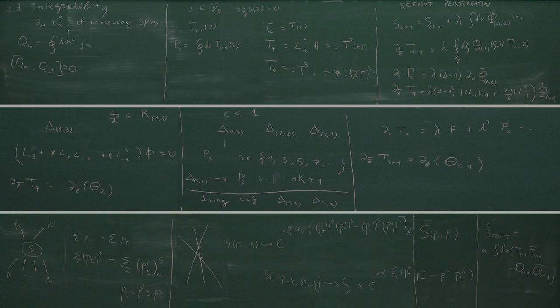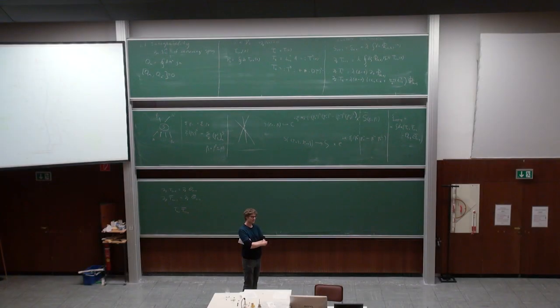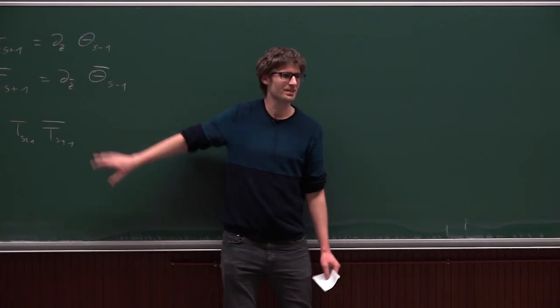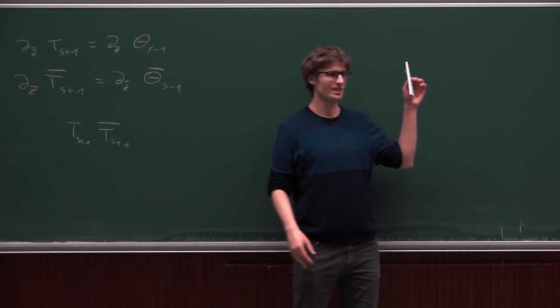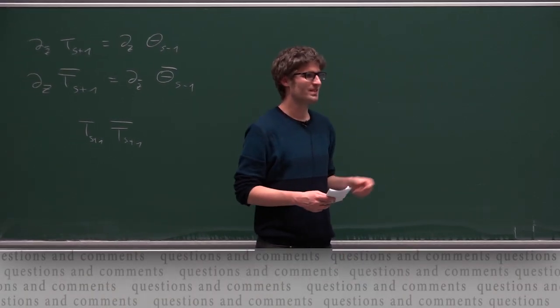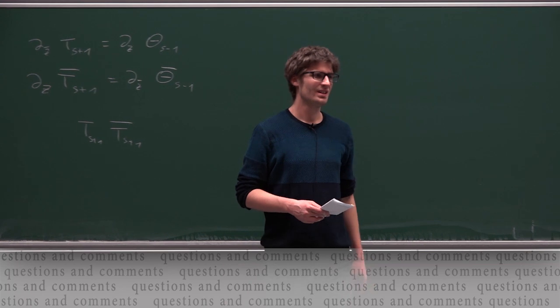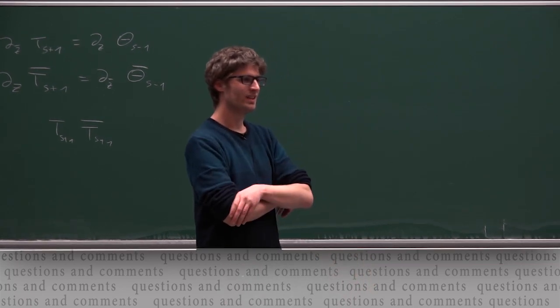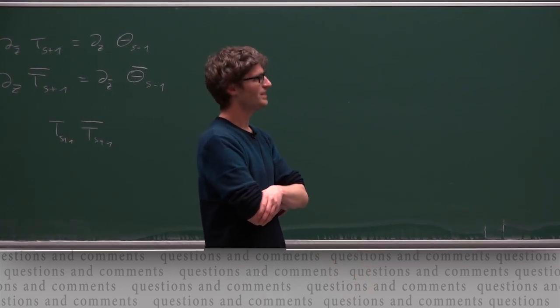I may have missed this, but I thought the original arguments were based on the UV limit of the theory being the original CFT with all these conservation laws. But now you're perturbing by an irrelevant operator. The UV limit is not the CFT. Is there some way out? No. If you perturb with something like this, you will spoil the UV limit. Well, you started off with a bunch of conservation laws in the CFT.